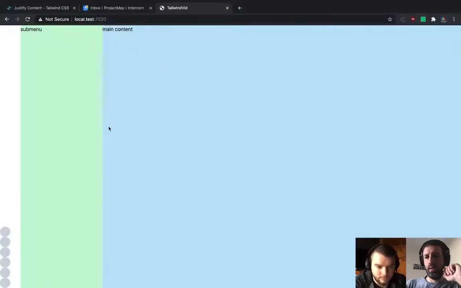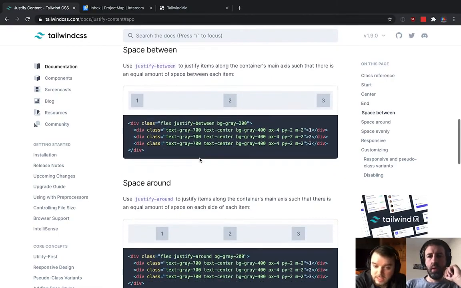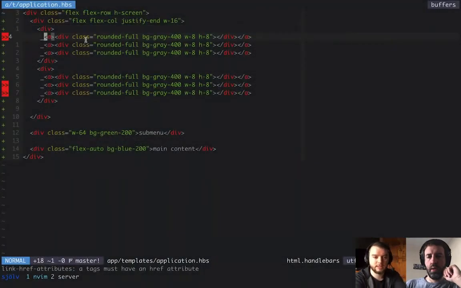Cool. So we've still set justify end here, so it's chucking them down to the bottom. But if we look at that, actually, we can see there's a couple of different interesting ones. So there's space between, there's space around, and what we can actually use here is space between. So what space between will do is that all of my children equally apportion space such that it divides them apart from each other. So we'll see if I set this to